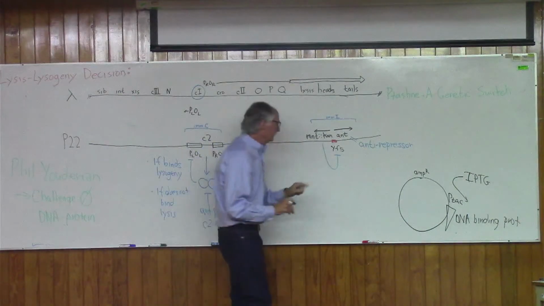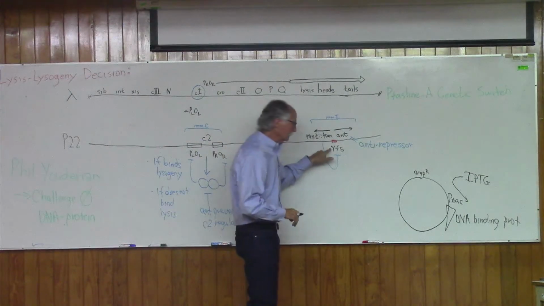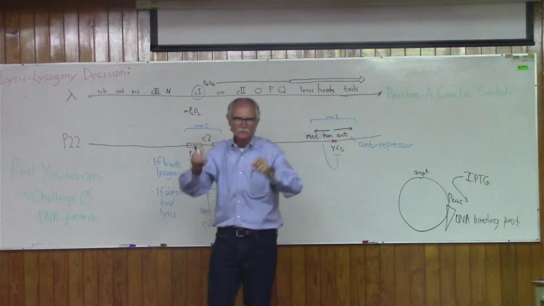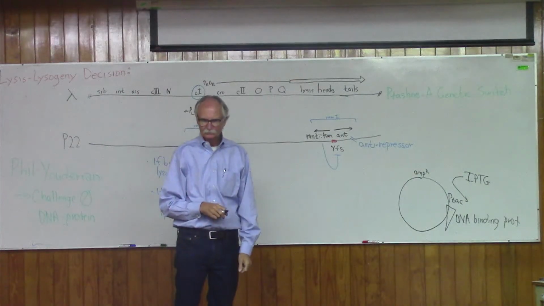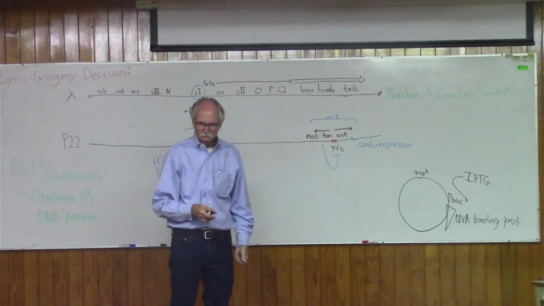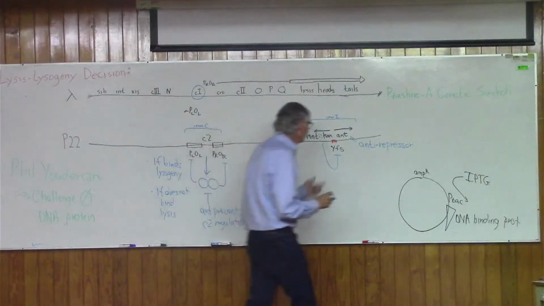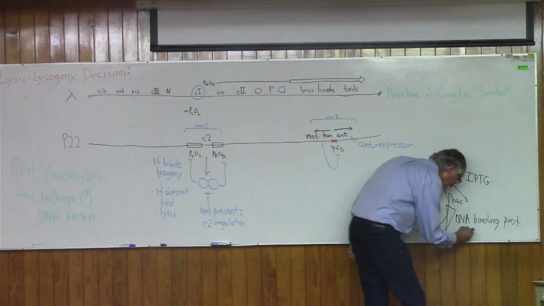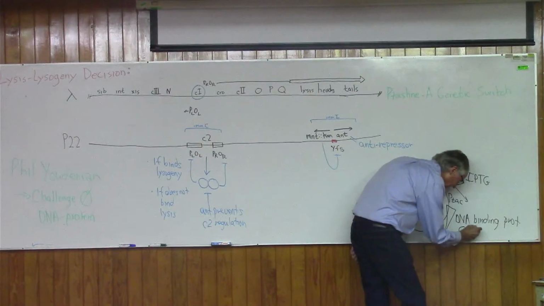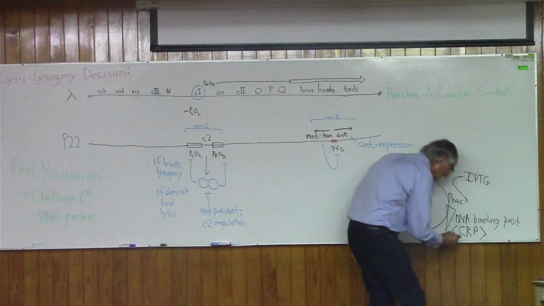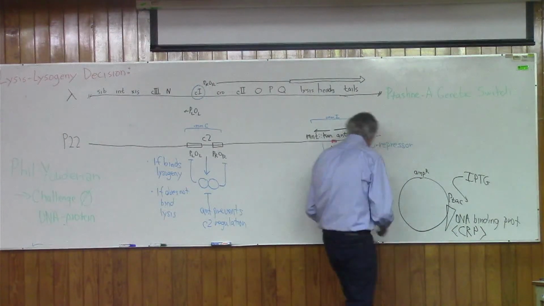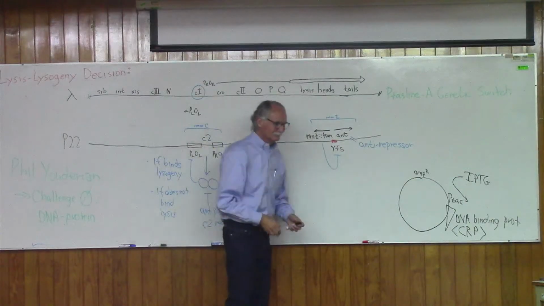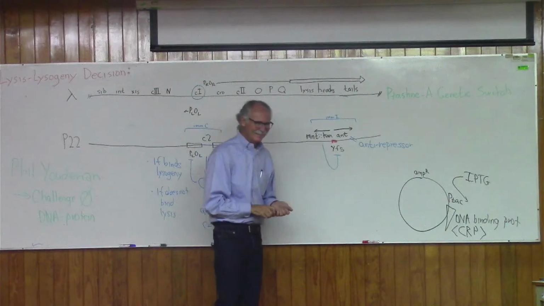Now, let's just say that you start out with your favorite sequence and your favorite DNA binding protein. Somebody give me a DNA binding protein and a sequence. Tell me. CRP or LexA. Oh, okay. Let's just say this DNA binding protein is CRP. Or CAP. You like the CAP. Well, sometimes you say crap. Students don't like